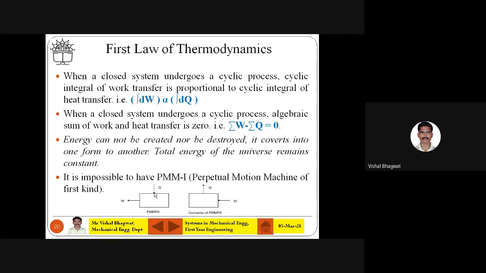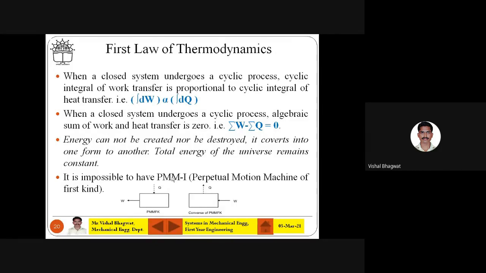Understood? In case of the first law of thermodynamics it is not dotted, so it is a continuous line. Q is coming, heat energy is supplied to the engine or machine, and it will produce the work. That is the first law of thermodynamics, dW is equal to dQ. And in reverse manner also, the machine receives some input work and it will produce some heat Q. It is a continuous line, so that is nothing but the first law of thermodynamics.